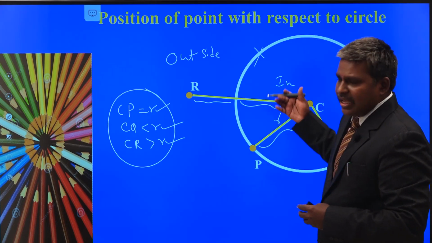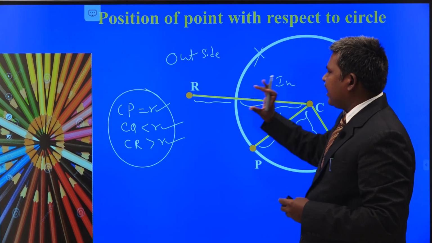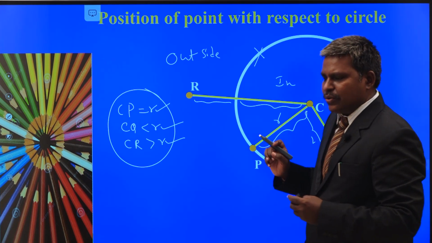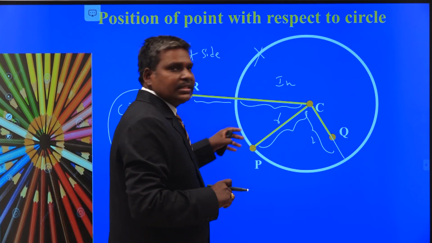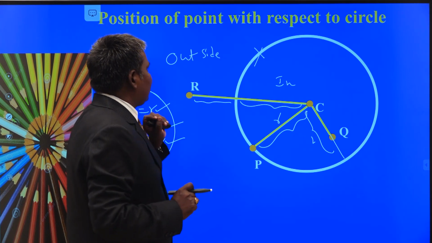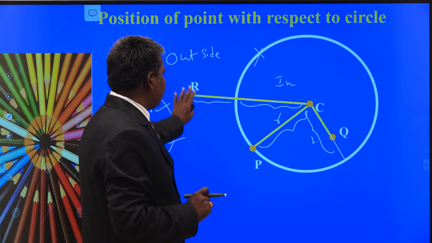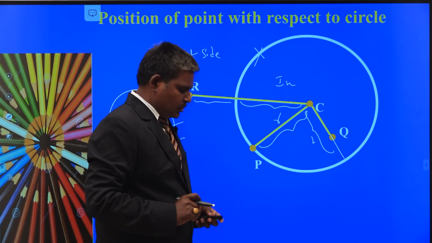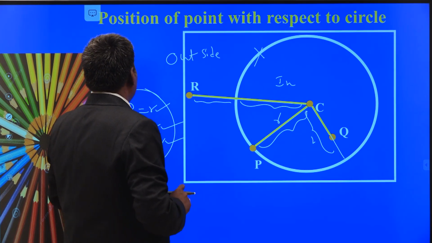So from the next concept itself, no need to find the distances. By looking at the point itself and the equation of the circle, we can easily find whether the point is outside, on, or inside. Okay, within 5 minutes I can tell you. So this is the way to find the position of the point with respect to the circle. Understand? This is the position. There are only 3 possibilities: either outside, on, or inside. Okay. This is the diagram related to this.